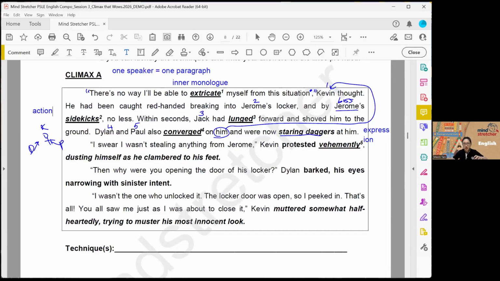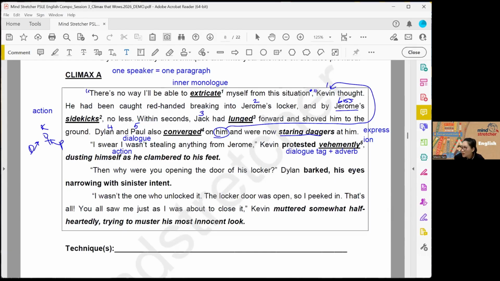Locker, right? So maybe he was kneeling down or he was being cornered, he was cowering. So now he's trying to, maybe he was on the floor, so he's dusting himself, all the dust on the floor, as he tried to stand up. So this is what I tell students, right? There is dialogue and there is dialogue tag, plus an adverb to show the manner in which that was said, plus an action.